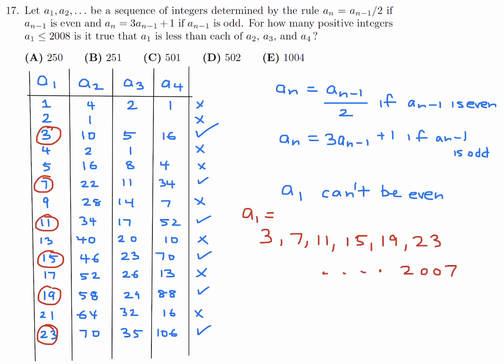So how many of those do we have? Well, let's see here, it will be 2007 plus 1 divided by 4. That's how you figure this out, and that is 502. So for number 17, the answer is D,